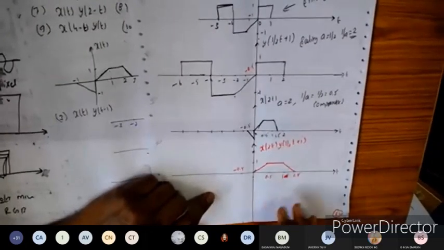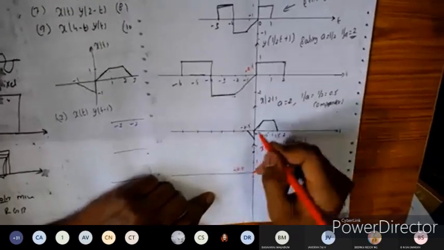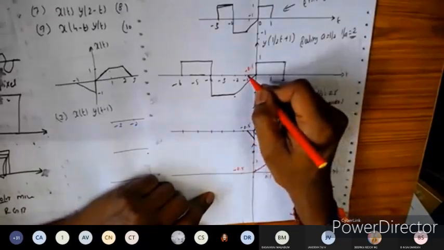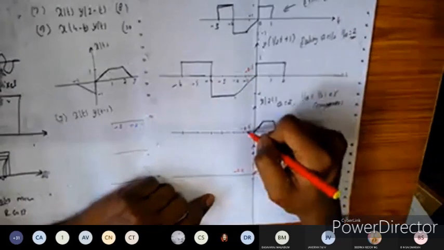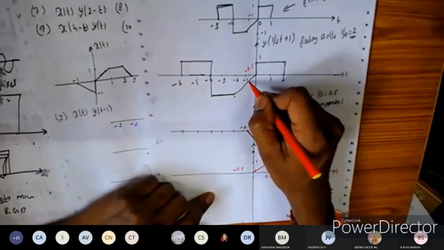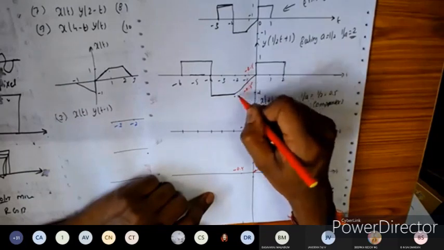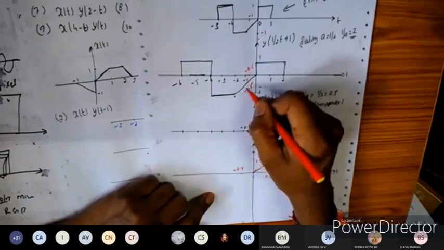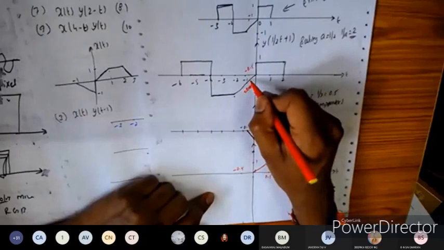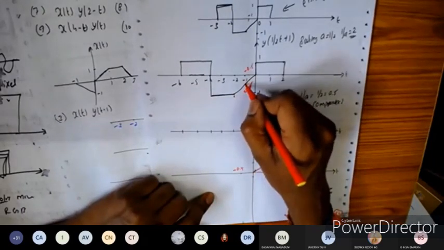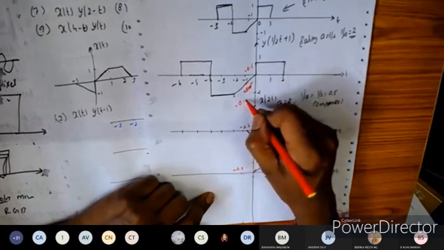Now in the negative time axis, let us take this is 0.5. So minus 0.5. So here also we need to take minus 0.5. So at minus 0.5 it is 0. At minus 0.5 the value will be minus 0.5, because this is a linear axis. Because at t is equal to minus 2 it is 1. So at t is equal to minus 1 it will be minus 0.5.